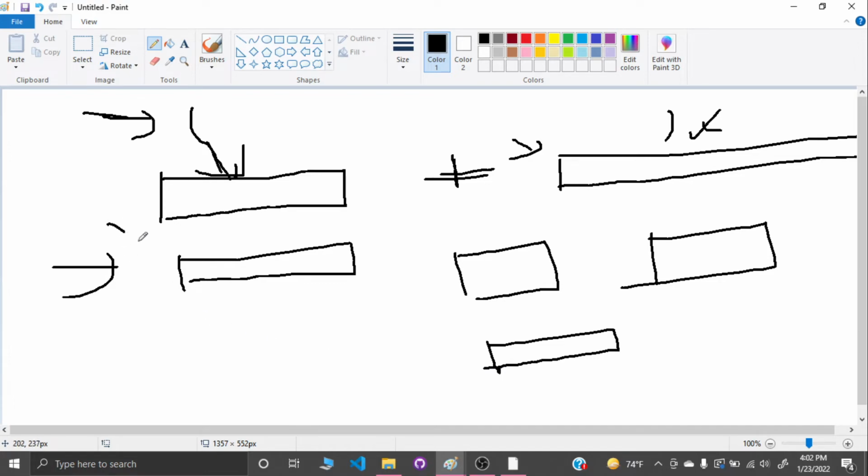So for each and every string, I'm gonna check for each and every prefix. Let's say this is 3 length, this is 2 length, this is like 3 length, this is like 3 length, just imagine.